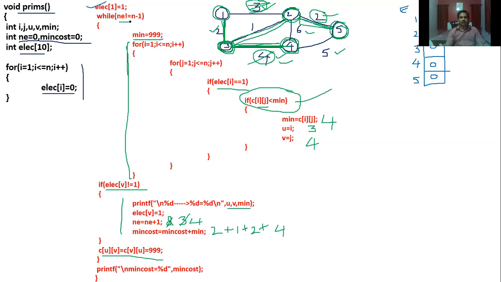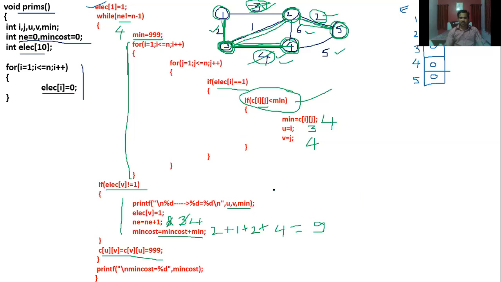Again, go back. Now n is equal to 4. 4 equals n minus 1. The condition doesn't hold good here, right? It should be not equal. This becomes equal, comes out, right? So we got edges, that is 1 to 2, and then 3 to 2, 2 to 5, and 3 to 4. And the minimum cost is going to be the summation of this. In fact, it will happen in each iteration, but I did not take it. 4 plus 2, 6, 6 plus 3, 9. The minimum cost is going to be 9.